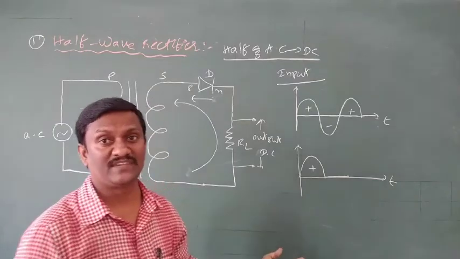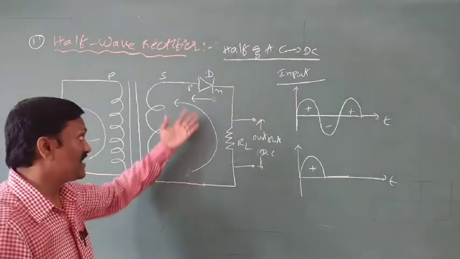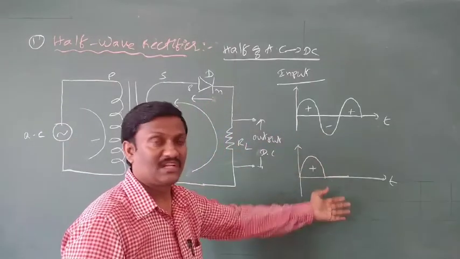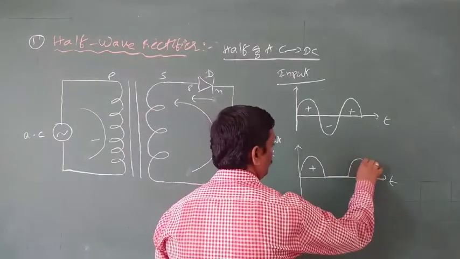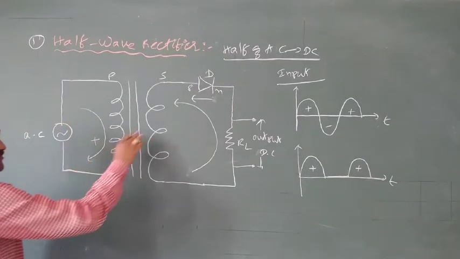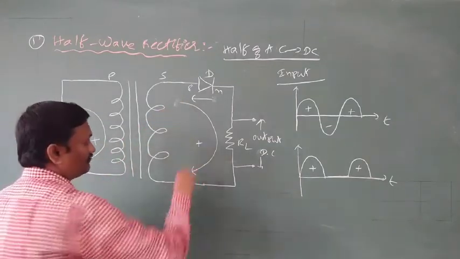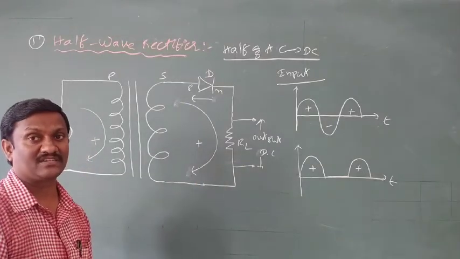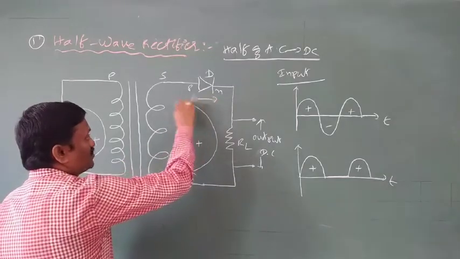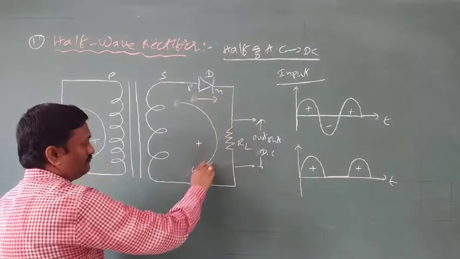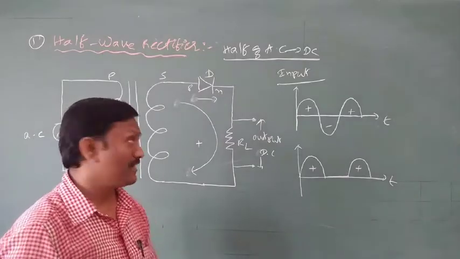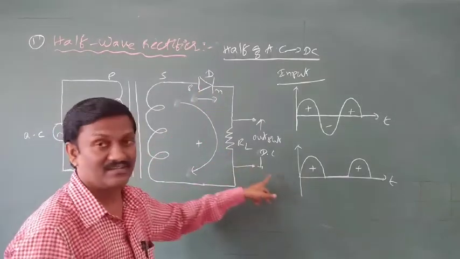Because during the negative half cycle, the diode is acting in reverse bias, and in reverse bias the current conduction is negligible. So the negative half cycle is not converted to DC. Next, again positive current. We know positive current means clockwise current. During the positive current, the same positive current is also induced in the secondary coil. During the positive half cycle, the diode is acting in forward bias, as positive current passes through the diode from P region to N region. Maximum positive current passes through the diode and is applied across RL.